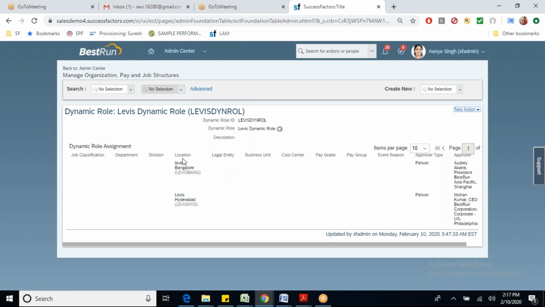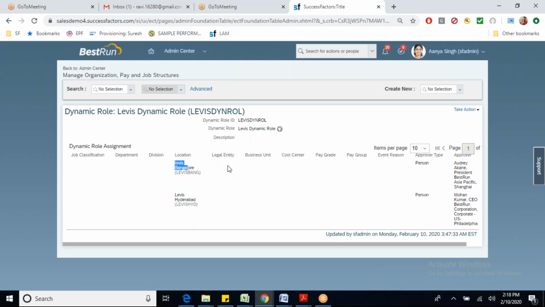Now, within this location, Bangalore, if you have a combination, like within the location Bangalore, if it is HR department, then X. If it is Bangalore location with sales department, then Y. Bangalore location with finance department, then Z. If we have those scenarios, you can have location and department combinations, or multiple combinations, or a single object or a combination.